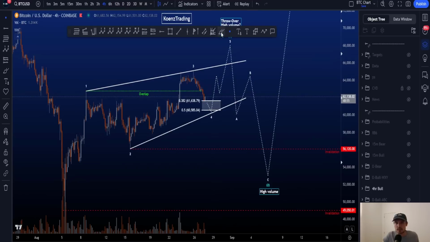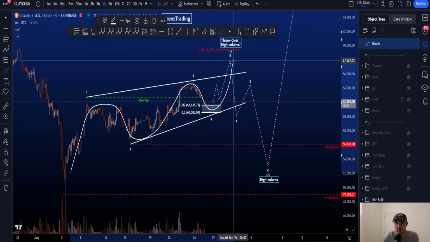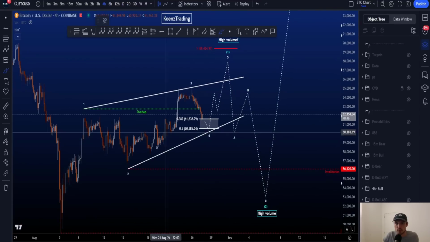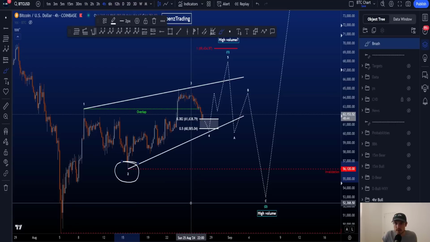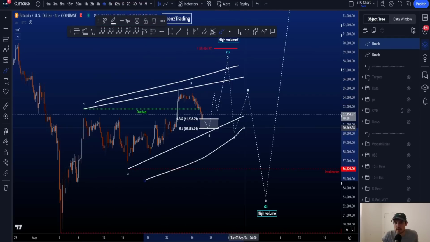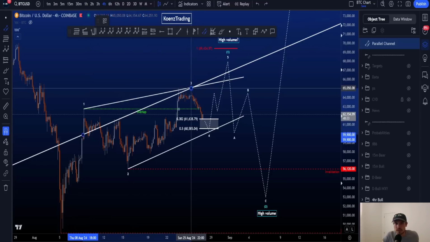And this is the diagonal. So here, what we are then looking for is the 5-wave move towards the upside, 1, 2, 3, 4, 5, currently working on that wave 4. Invalidation is taking the low at 56.1k, but honestly, the invalidation for a contracting diagonal, which is most common, where the lines are converging to one another,